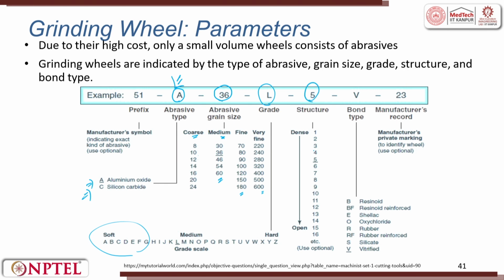The structure talks about whether it is closely packed, loosely packed or far away packed. So, densely packed and open packed. Open packed means it can accommodate more chip. Then the last letter talks about the bonding material. So, here friends, understand these two are very important properties. Type of abrasive, grain size and bond, clearly understood. The grade, whether the wheel is soft, for glass machining it can be hard. For normal steel machining it can be soft or medium. The structure is the openness between the abrasives, what is the size.